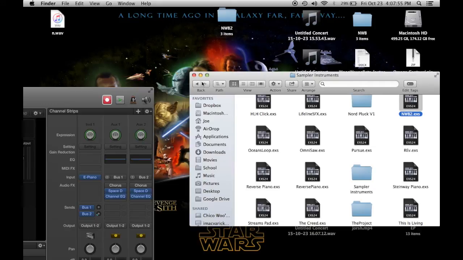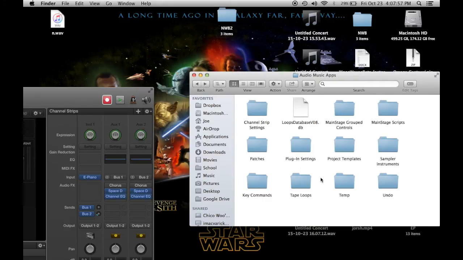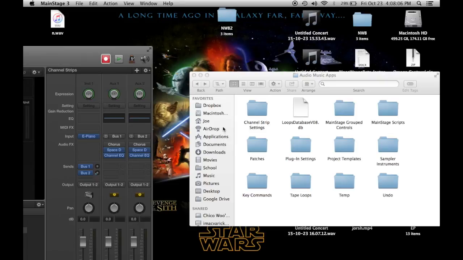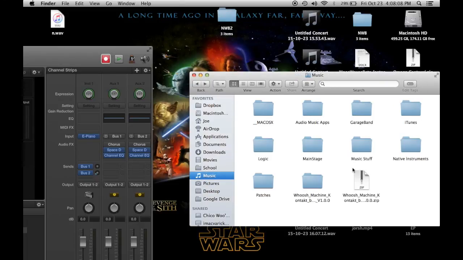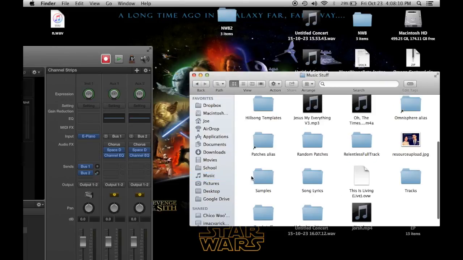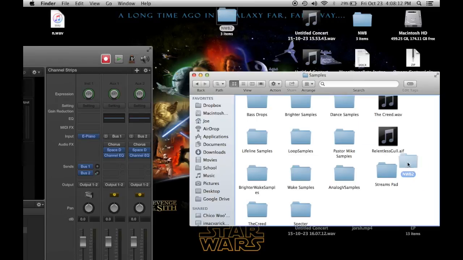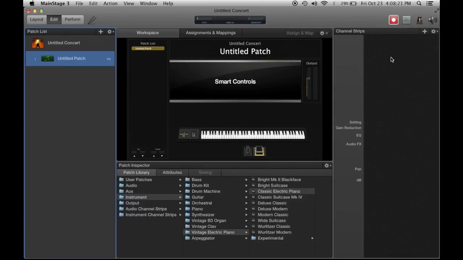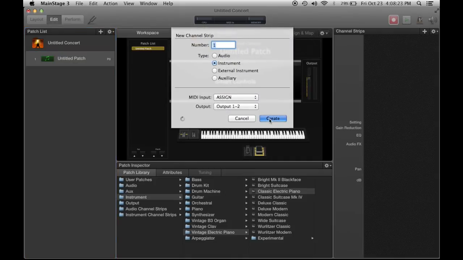Now for the second part, it's a little harder, but essentially what you're going to do is you can leave this on the desktop. I like to have my samples arranged though, so I have them in music stuff and samples. And you can just drag that in here. Alright, so now we're going to delete that and go in here,